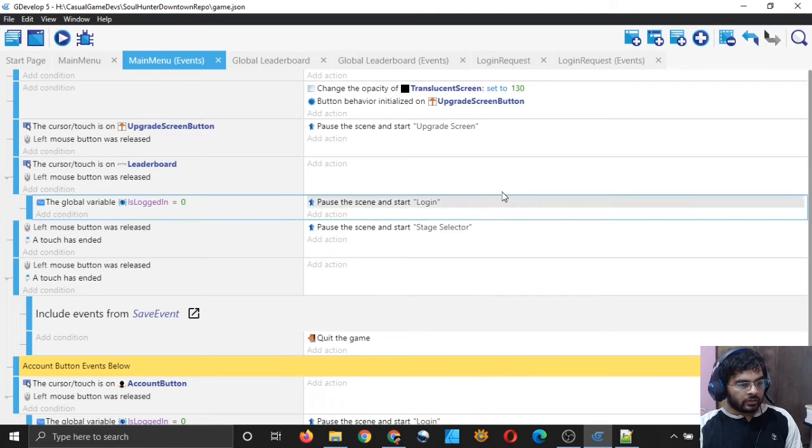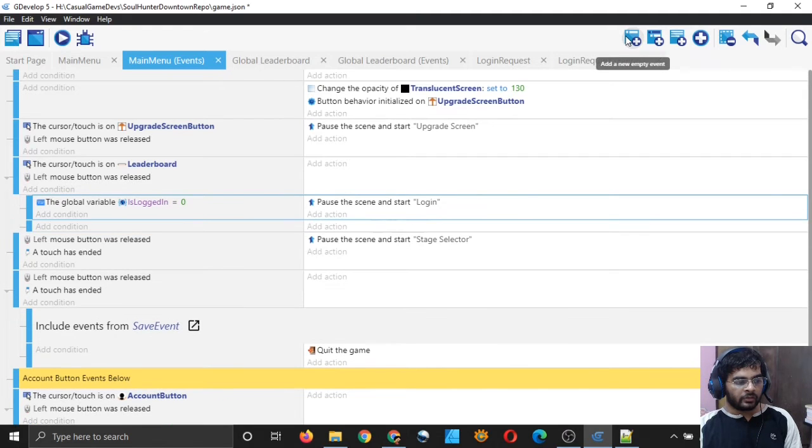And add another event. If you click here, you should add an event, because this event will be at the same level as the event which you have selected, right? If after selecting this event you select to add a sub event, then this sub event will be a sub event of this event which you have selected, right? So if I select this and if I add an event, you can see that this new event is at the same level as my previous event which I had selected.